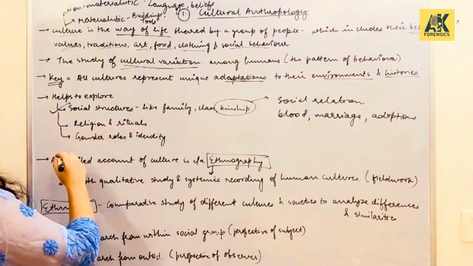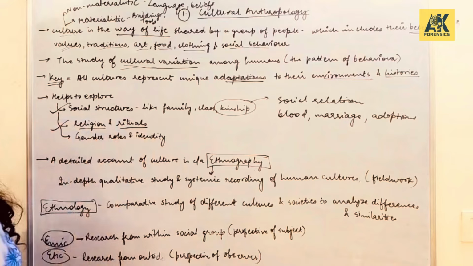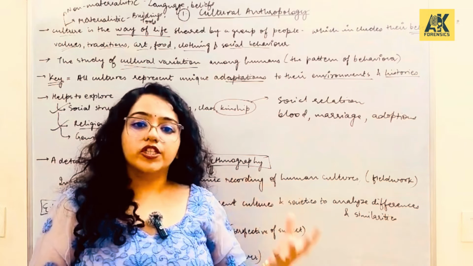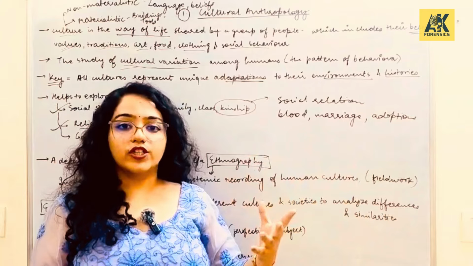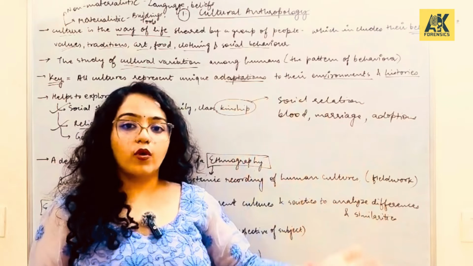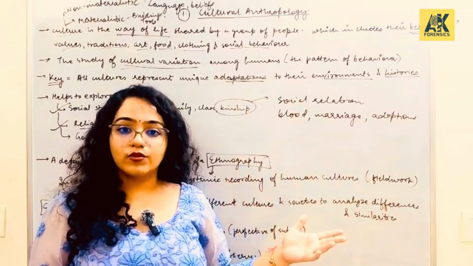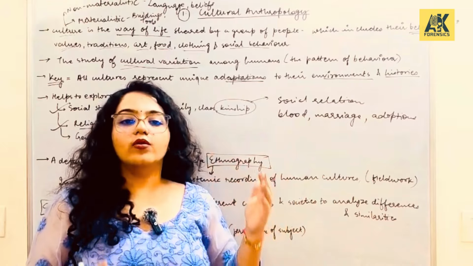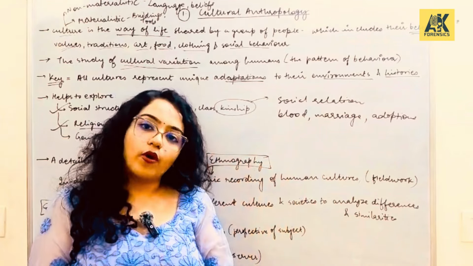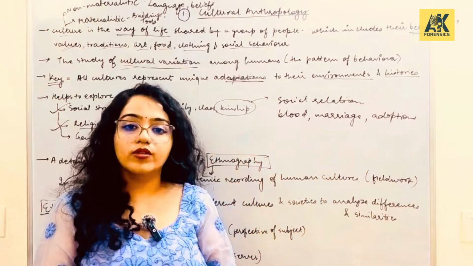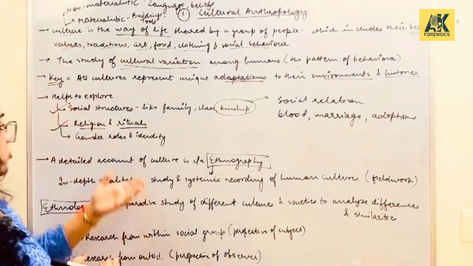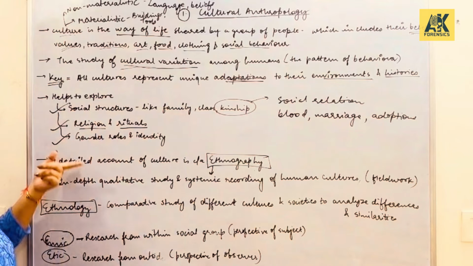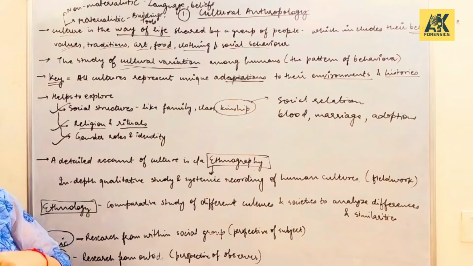Then we are able to understand religions and rituals. So what are people performing? They used to worship the mountains, they used to worship the rain, the water, right? The sun they used to worship. So what were their beliefs before that, and how did they come to believe in those practices, right? It is all about religion and rituals. Then gender roles and identity, which are now currently changing actually.